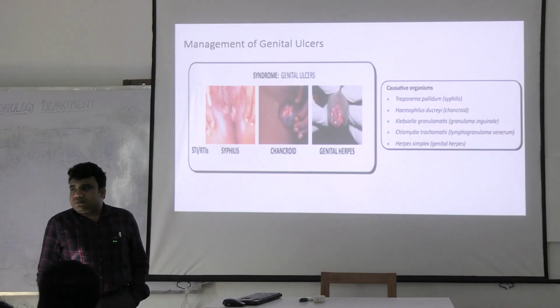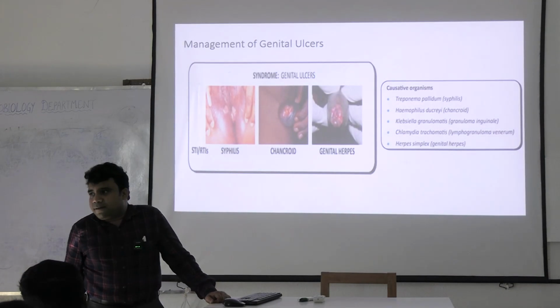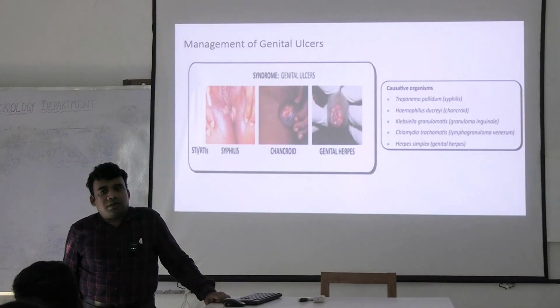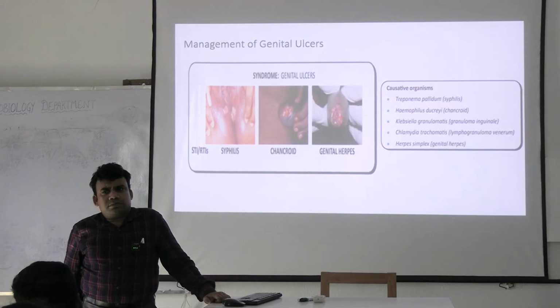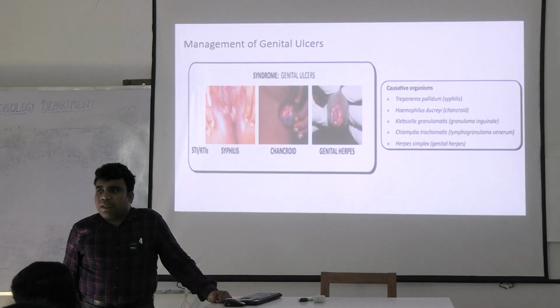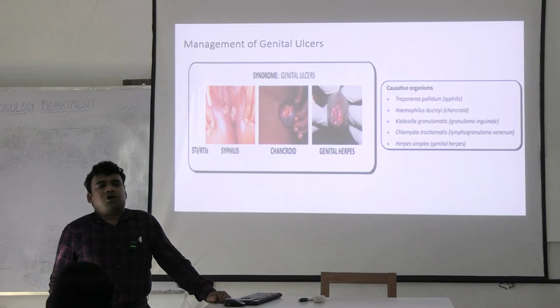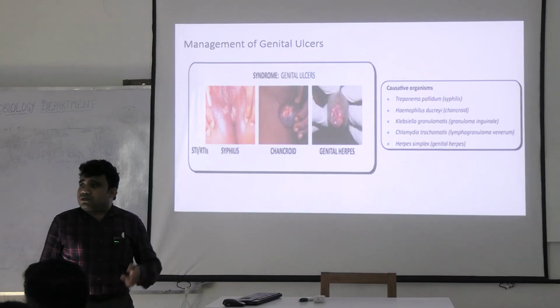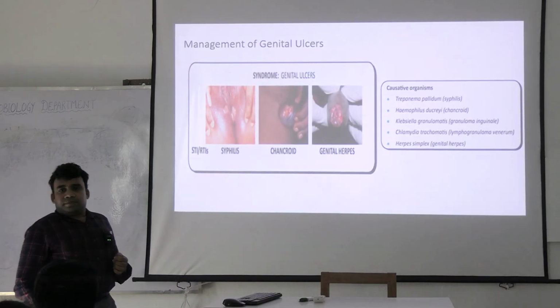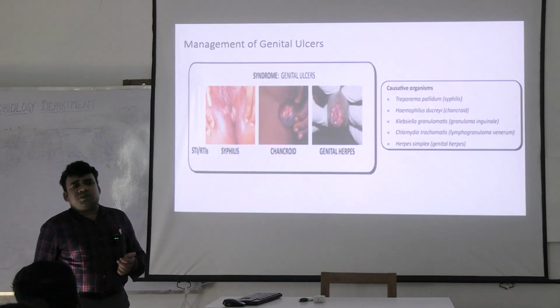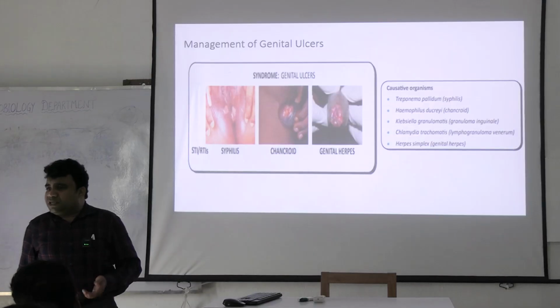Yes, what is an ulcer? You will read that later, first tell me what an ulcer is. Upper layer of... So ulcer occurs only in skin? Then tell me, it is a breach or discontinuity of skin or mucous membrane. That is an ulcer. Simple. You can see the big ones, so tell me what they are. What are the causes? Syphilis, chancroid, and genital herpes. Syphilis is caused by Treponema pallidum, herpes by herpes simplex virus, and chancroid is caused by, tell me.